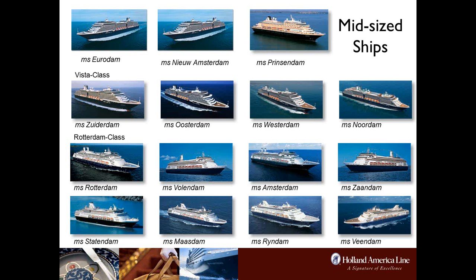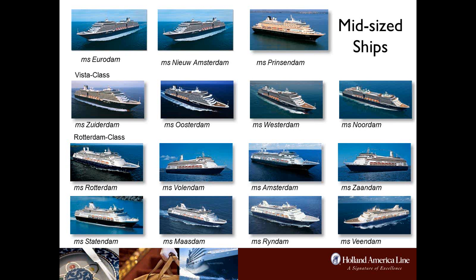We currently have 15 ships, starting at the very bottom of the screen there with the Statendam on the left-hand side. The Statendam is actually one of the classes of ship as well. So the Statendam, Maasdam, Ryndam and Veendam are all identical sister ships. The next class of ships up is the Rotterdam class, and the Rotterdam and the Amsterdam are actually sister ships, and equally the Volendam and the Zaandam are sisters as well. There are slight differences between the Volendam and the Rotterdam in 2 individual classes of ships, but those 2 sisters